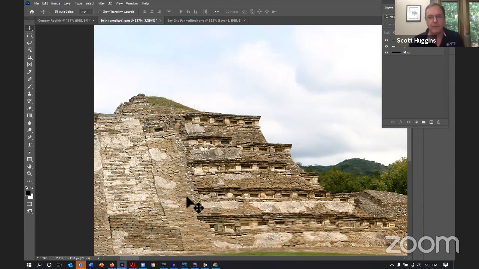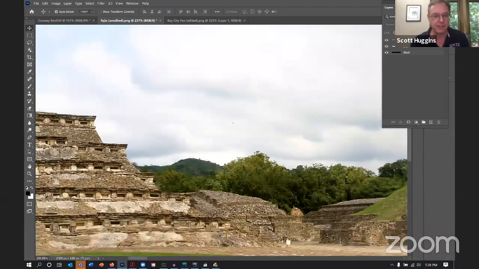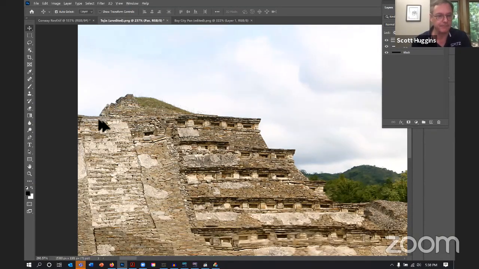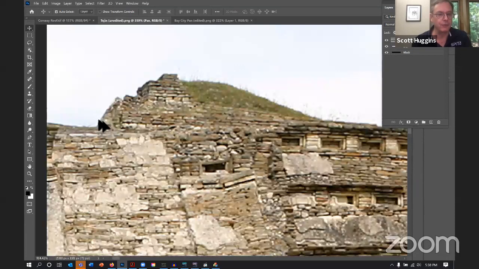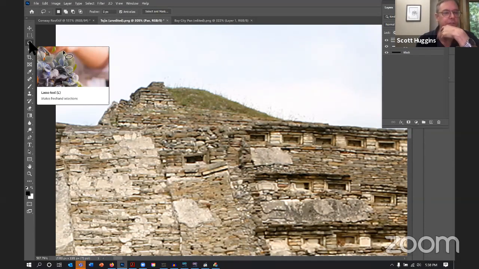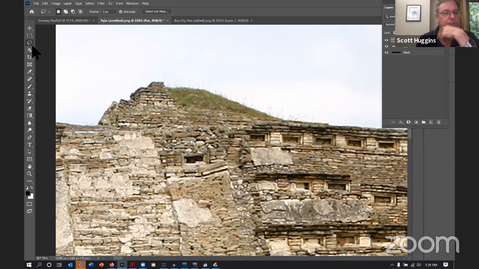So there's, like I said, lots of different parts of the pan and lots of different techniques. If I'm over on sort of solid ground like this, a tool that I like to use is the polygon lasso tool. If you look in the tools over here in Photoshop, by default, what it's going to show here is a little thing that looks like a lasso, like a rodeo cowboy's lasso. If I click on that window and hold down, I can pick one called the polygonal lasso